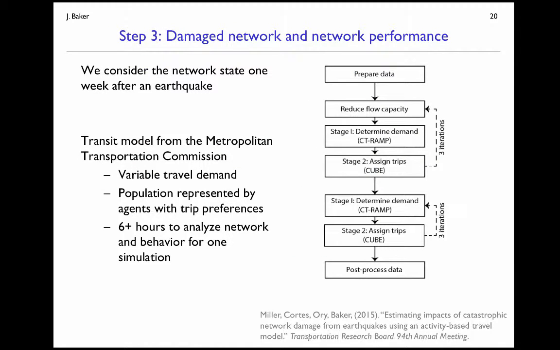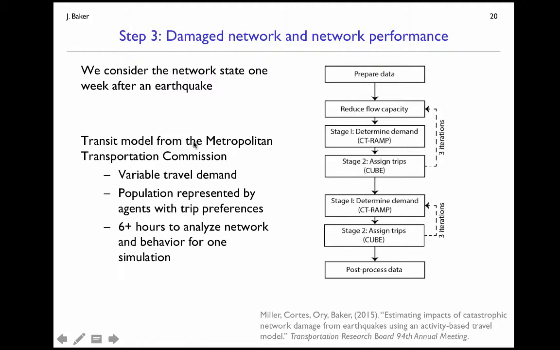Okay, now that we're down to just a few dozen realizations of this network performance, we can head into a more detailed network analysis. So let me give you a few highlights of this stage of the analysis, and again, note a reference down below for those of you looking for more details. So we're going to look at this network state 1 week after the earthquake, considering the severely damaged bridges as still being severely damaged and having a reduced ability to carry traffic or allow traffic underneath overpasses.